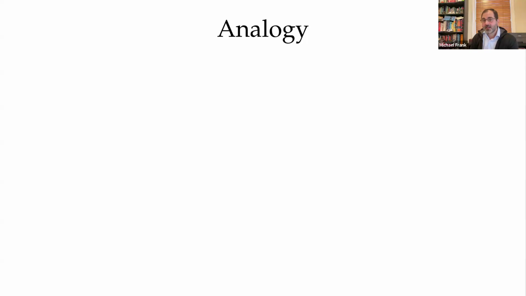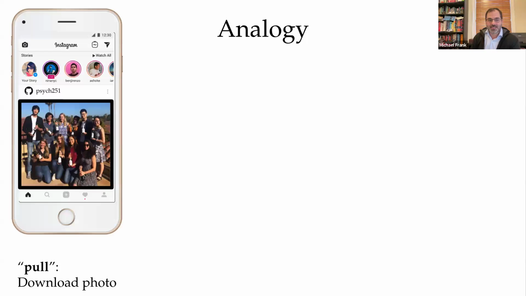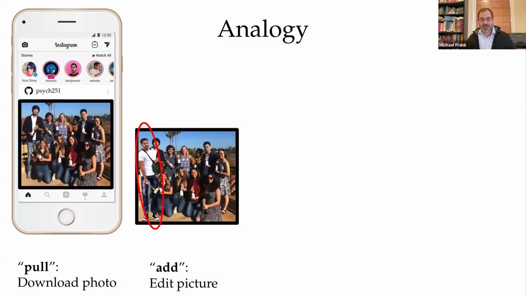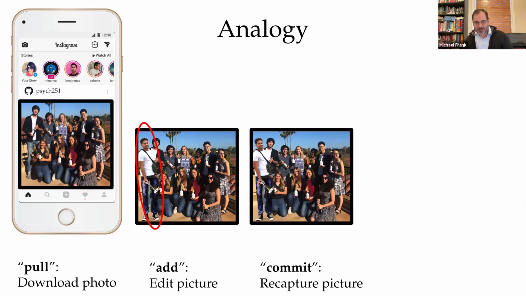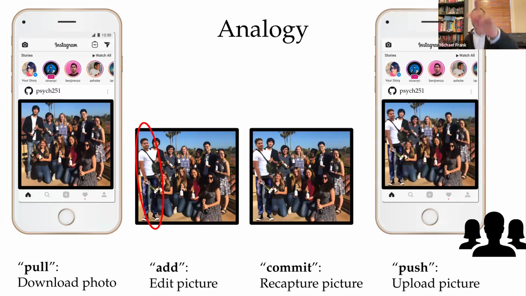But then somebody else, now this is where the Instagram thing looks a little different. Say somebody was not in that photo. They could pull down that photo, so download it from Instagram back down to their phone, add somebody else in there who wasn't in the original photo. You Photoshop them in and edit the picture. You commit, you recapture the picture, and then you push it back up to that Instagram account, and things are